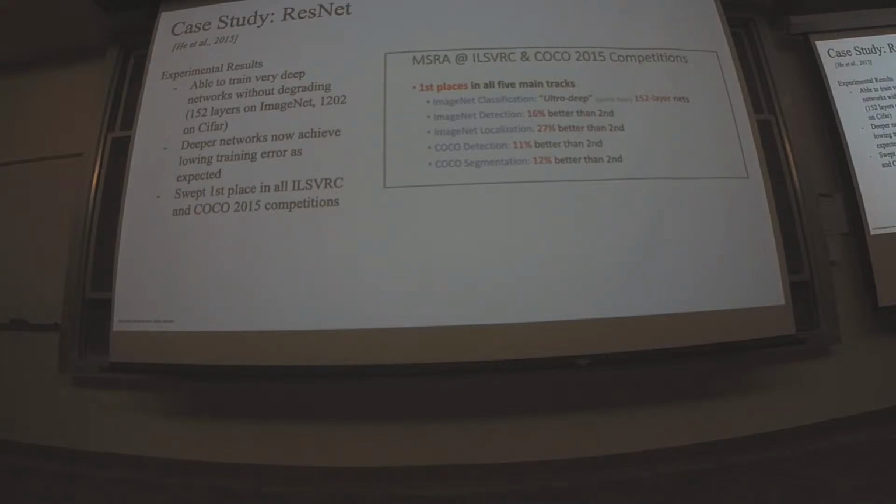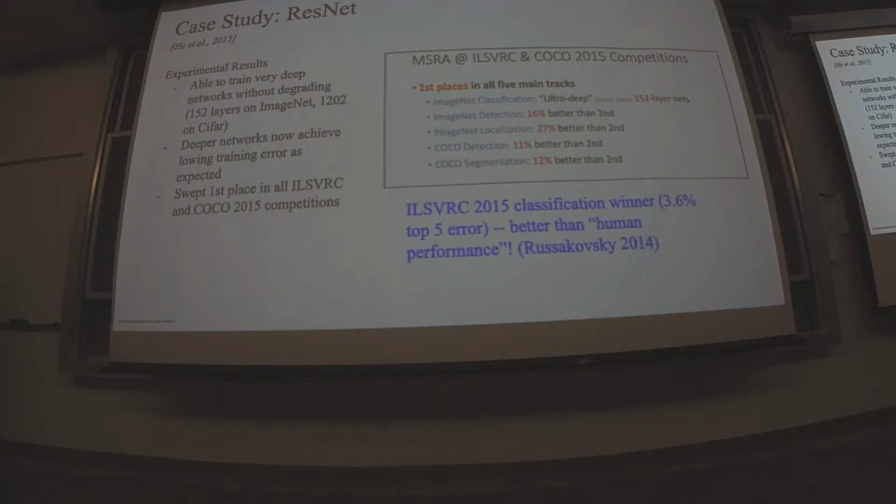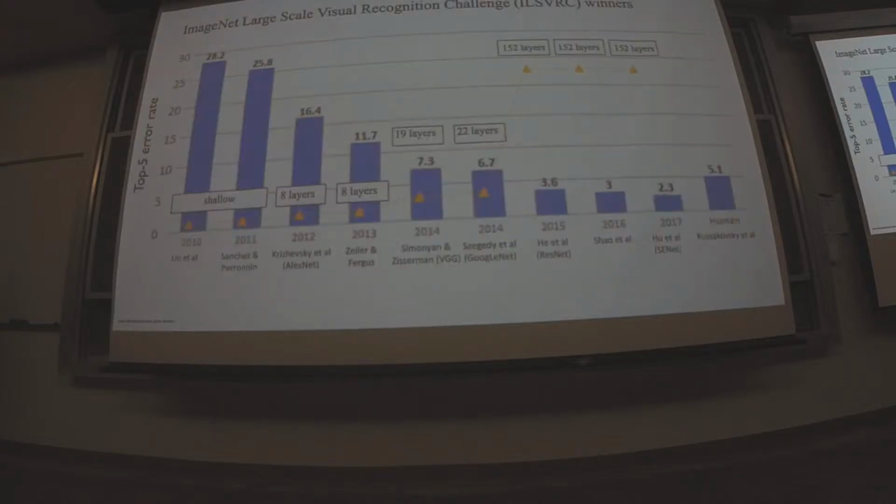So again, I already mentioned this. It won everything. There's some statement about all the other competitions: the classification problem, the detection problem, the localization problem. These are kinds of computer vision tasks that we'll talk about next week. Detection and segmentation in COCO, which is a totally different data set and totally different competition. Won them all. So ResNets all of a sudden were all the rage in 2015. And as we already pointed out, better than human performance. Okay, so